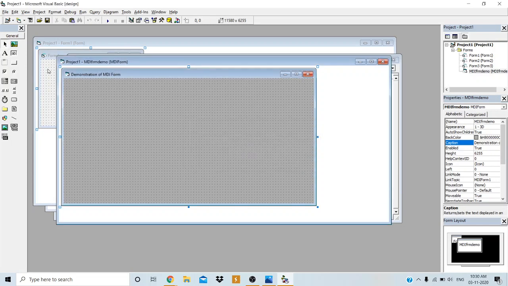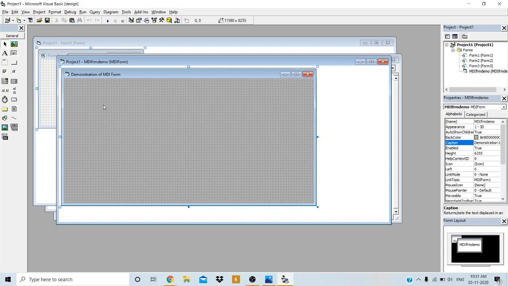See, the items in the toolbox are all called controls. The controls that do not have the align property cannot be added to the MDI form. So which control has the align property? Only the picture box has the align property. Remember this one. The Alignment property is different. We have the Alignment property for label, command button, and text boxes. That is different, but the Align property is different. Alignment is different, Align is different. So we have the Align property only for the picture box.